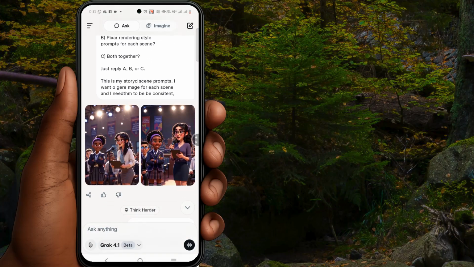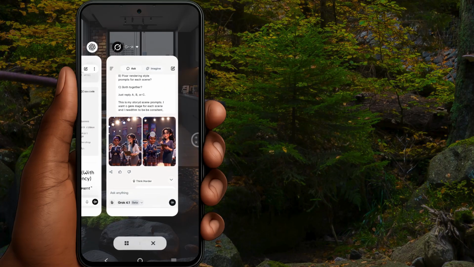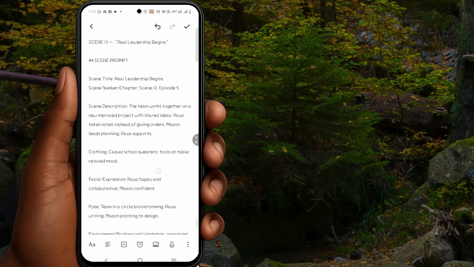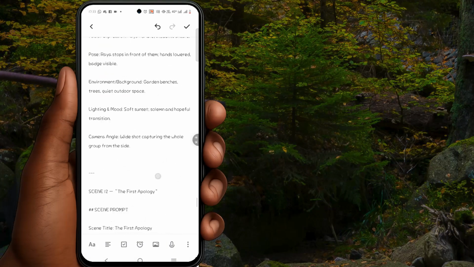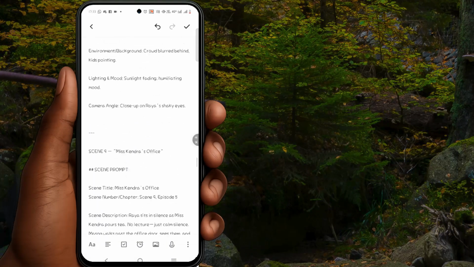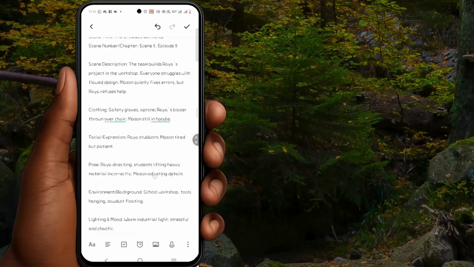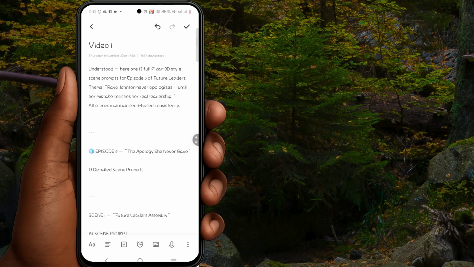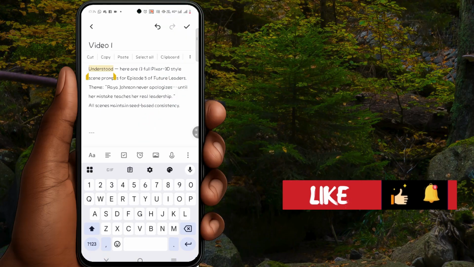So because I'd already copied, I copied my scenes here. So one of the things I would want to do is I'll come over here so that I can follow and understand everything that is ongoing. So what I want to do is I'll remove this at the top here, just have really only my scenes.